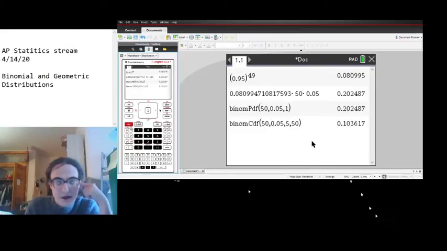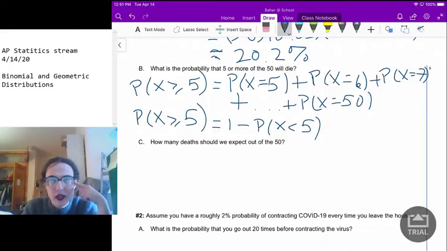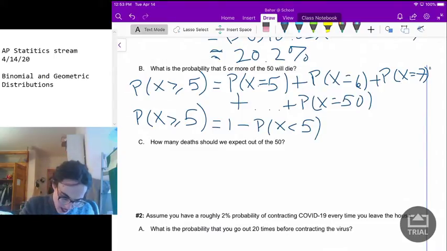That is essentially what it comes down to. So the idea here is we want to say,